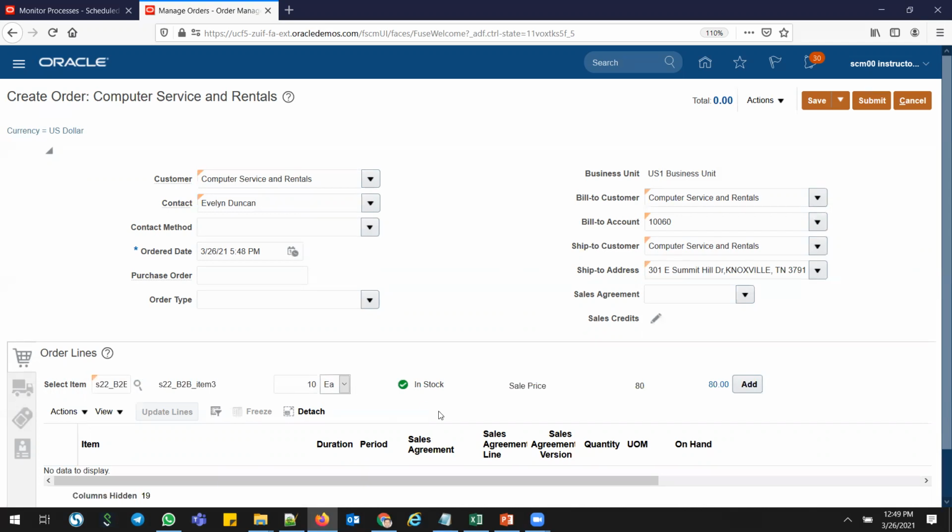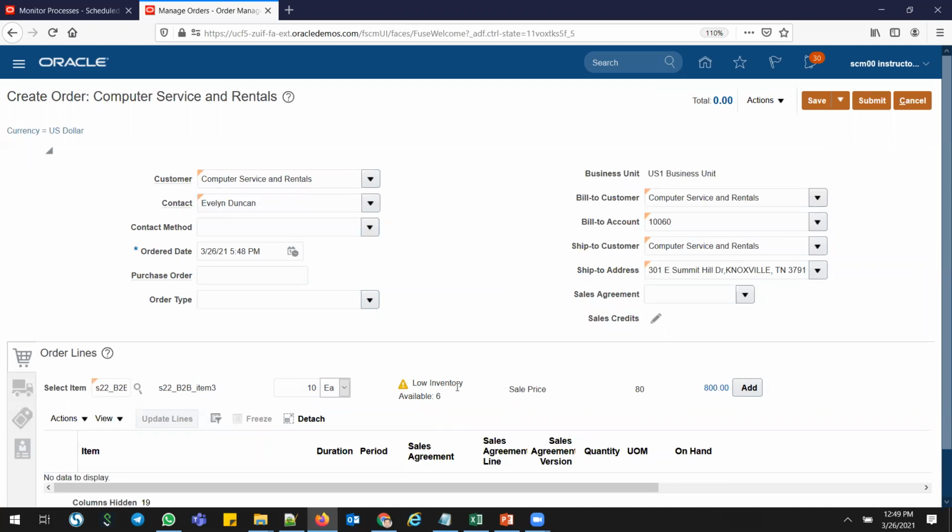Tab, you can see low inventory, available 6. It means that it's very little inventory. The supply is not fulfilling my demand. I have only 6 quantity available, but you are ordering 10 quantity. But still, yes, I need that. So click, this is my price, $80. 10 times 80 is $800. Click add